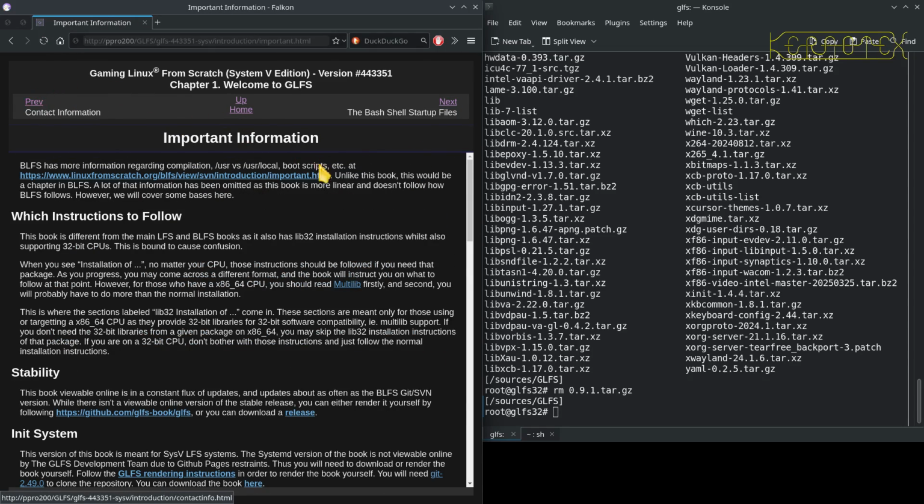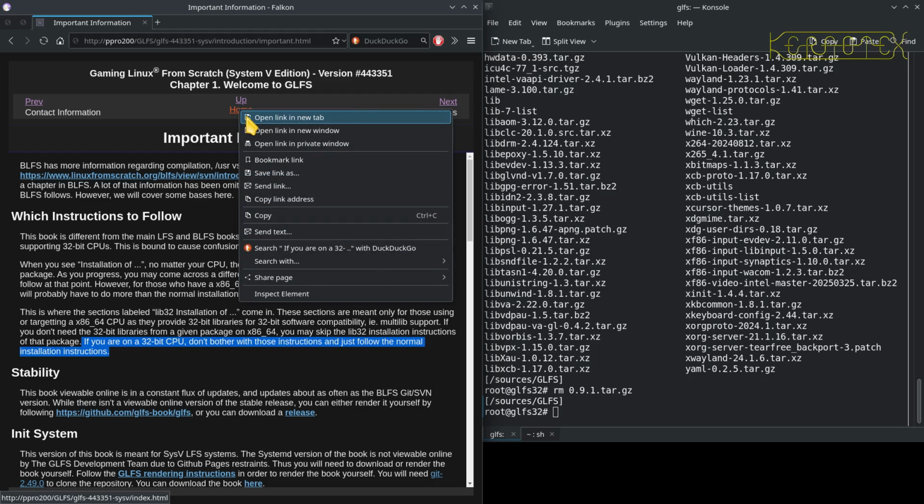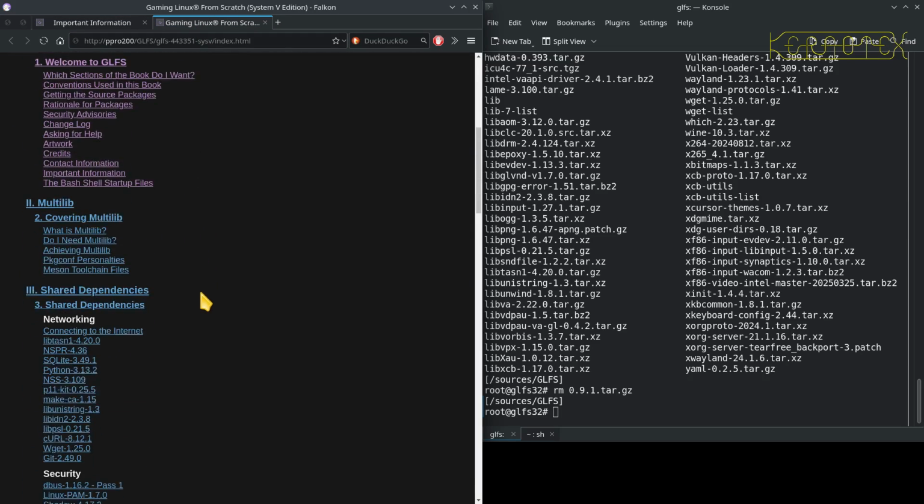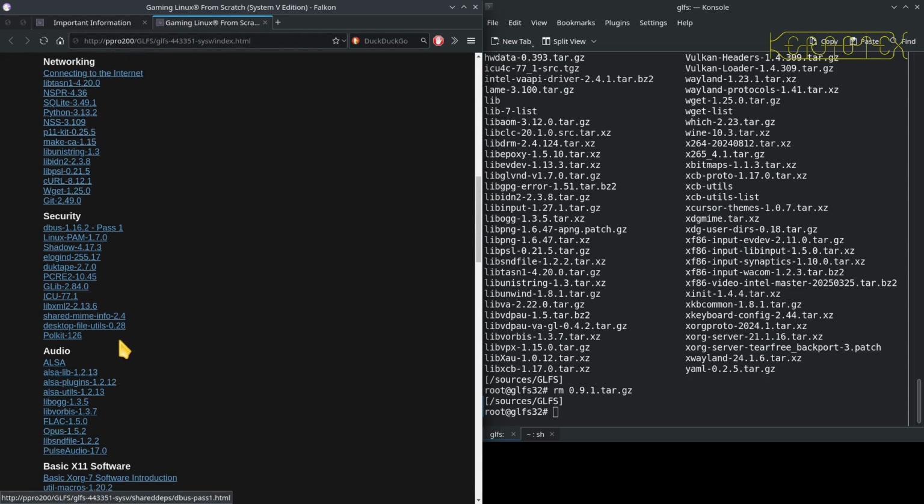So I'll start with, in fact, let's see if I can find, yep, see it says here, if you want a 32-bit, don't bother with these instructions, just follow the normal installation instructions. That makes sense. When you go to, let's have a look at, say, something like, oh, I don't know which one would,